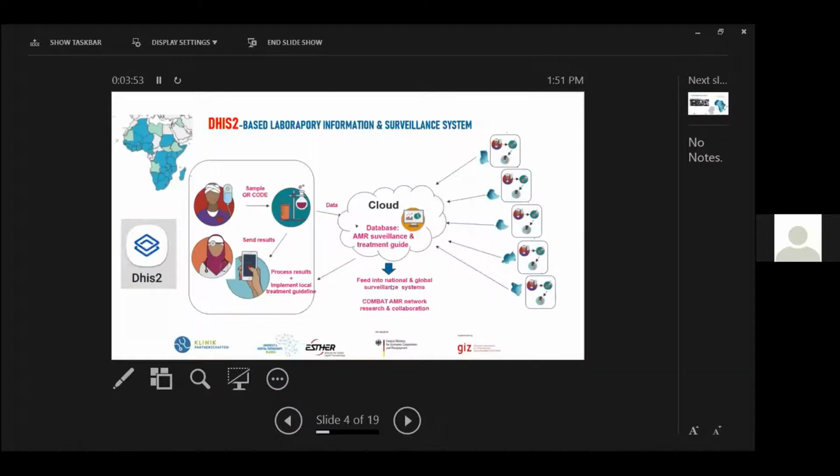So for that, we have a good platform in place, the DHIS2, which is being used in many African countries, including these partner countries, for this partnership. From this platform, we wanted to create a system where the specimen is directly documented and sent to the lab, and the result reaches back to the treating physician for decision as soon as it is available. And then the system also creates a database for antimicrobial resistance surveillance and treatment guidelines,